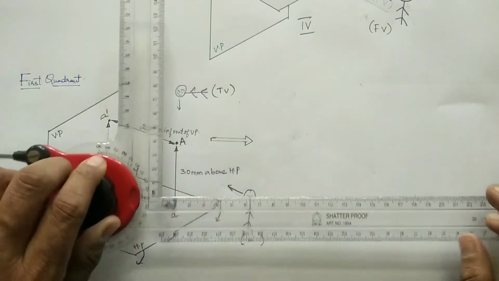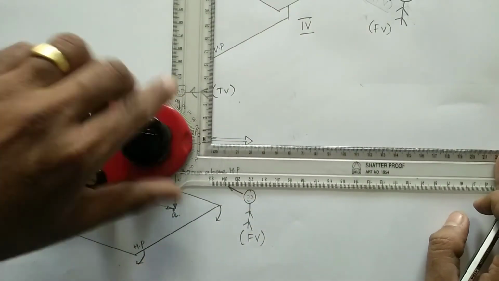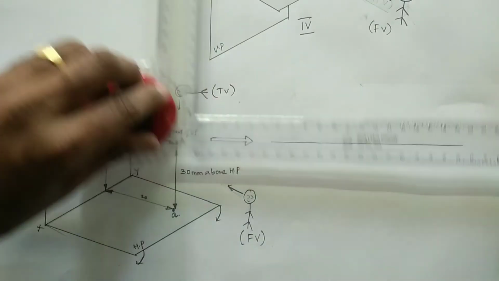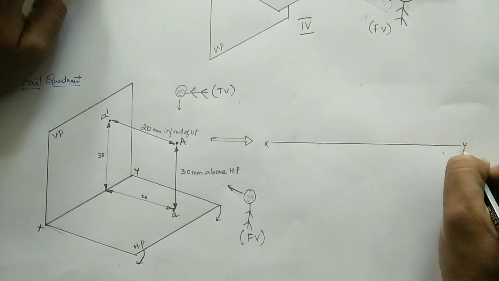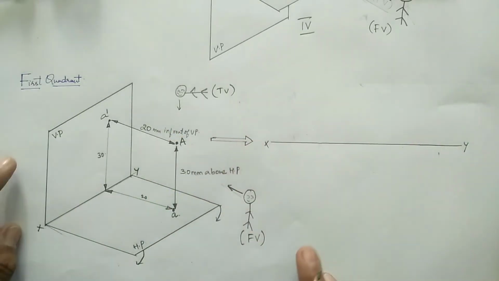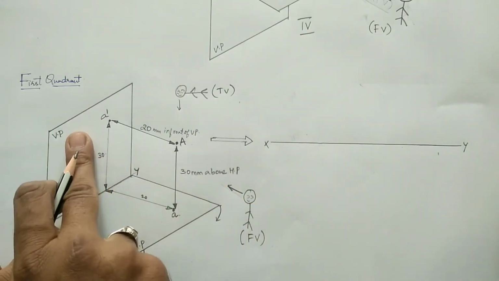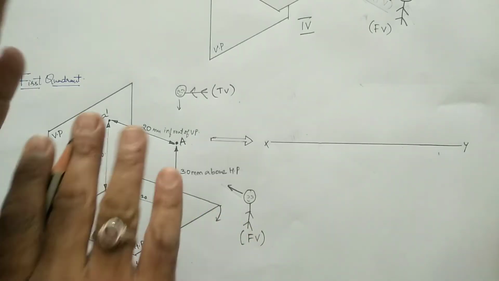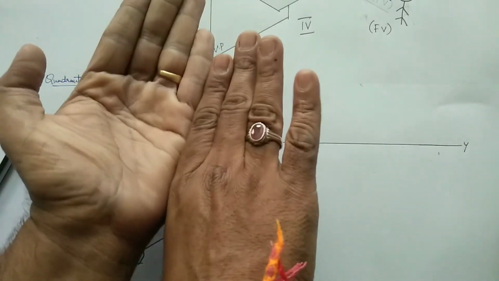So now let me go ahead. This arrow mark indicates how we need to convert, which I am showing to you. First draw the horizontal line and mark it as X, Y, where XY is my reference line. Especially for the first quadrant, whatever I draw above the XY line is the projection carried out on the vertical plane, and below the XY line, when I am rotating this one, I will show it to you with my hand, rotating it like this.